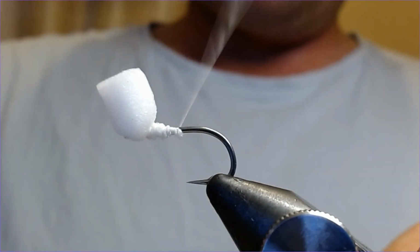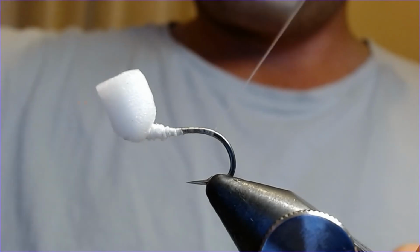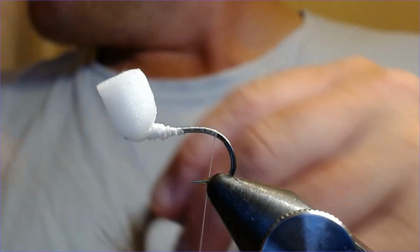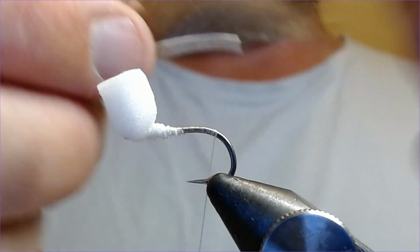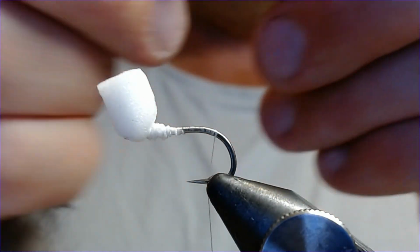So we're just going to bring your thread back down to the bend of the hook, and we're going to tie in your zonker strip. This is just a natural brown zonker strip there. Okay, and we're going to select about an inch or so to hang over the back of the fly there,